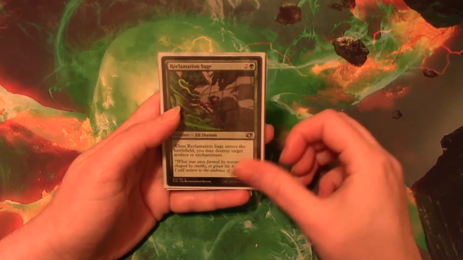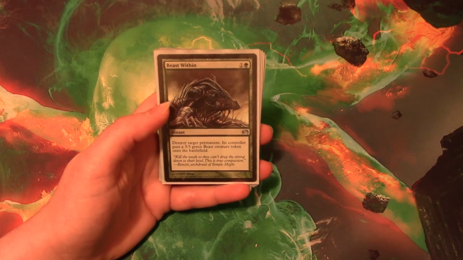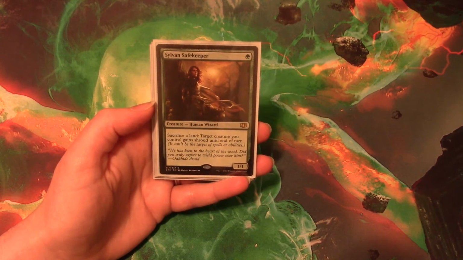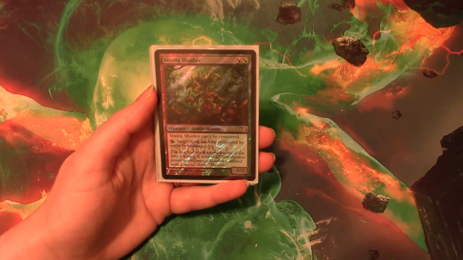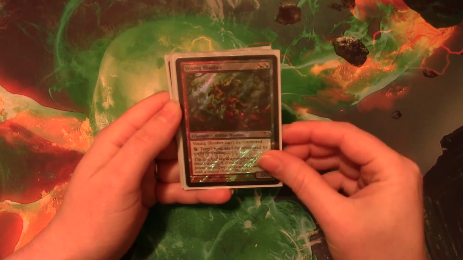For general removal, we have a Reclamation Sage, an Acidic Slime, Beast Within, and then we have Sylvan Safekeeper to keep Omnath safe from targeted removal, Vexing Shusher to keep the control players from countering our big spells,